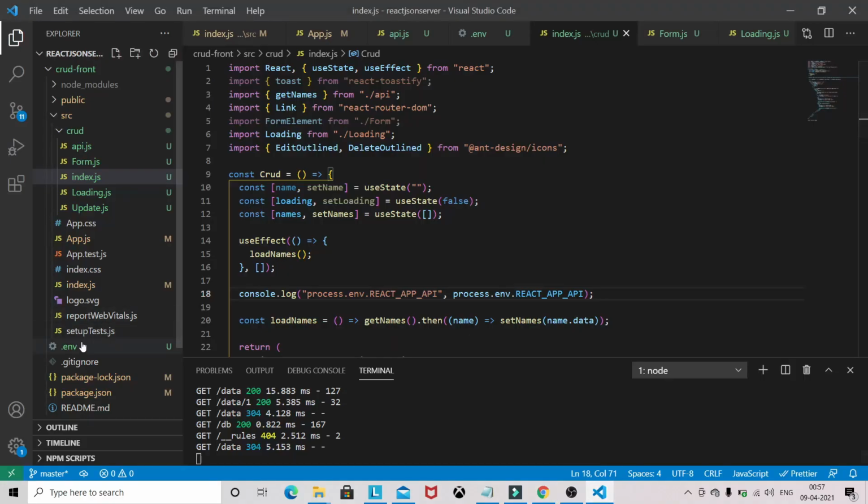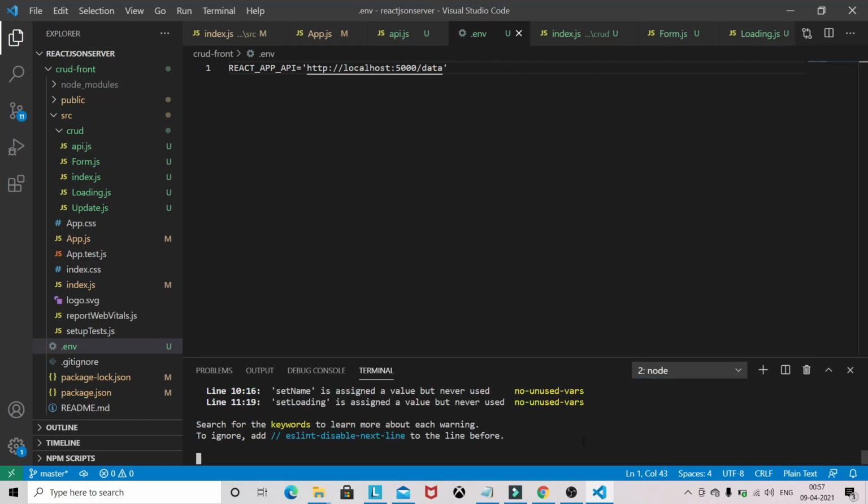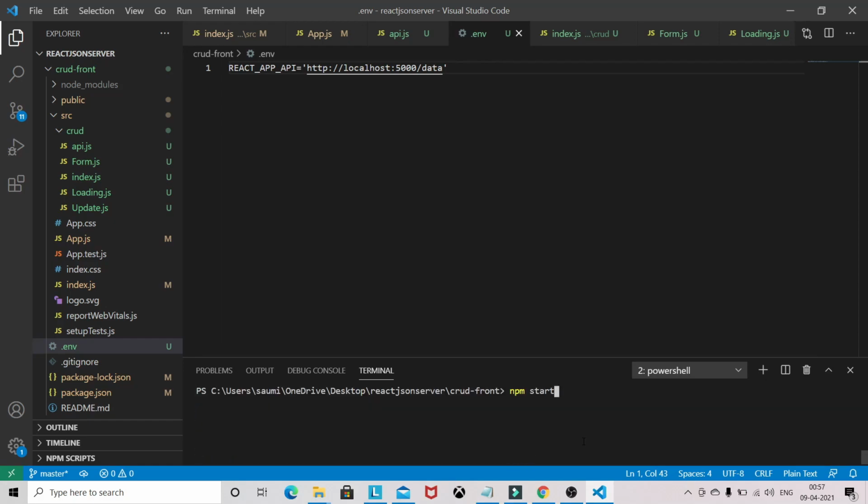So come to this file. I think we need to start our server again. Let's see if that works or not. So I will start my server again.